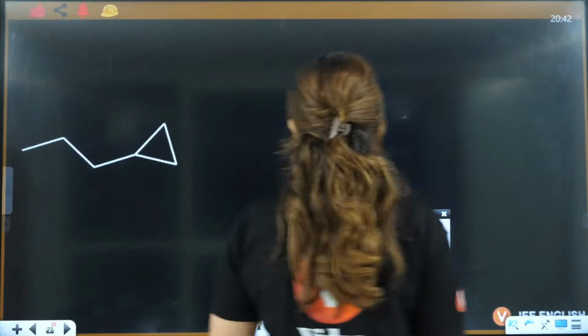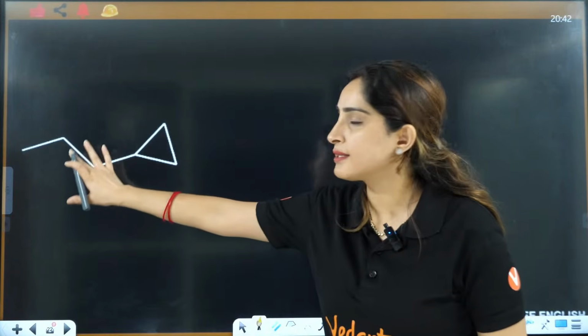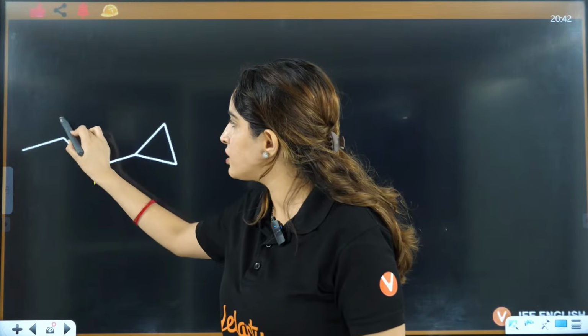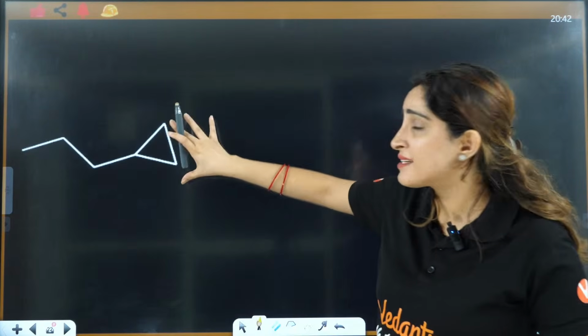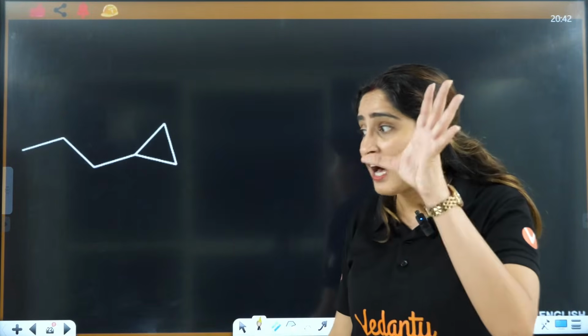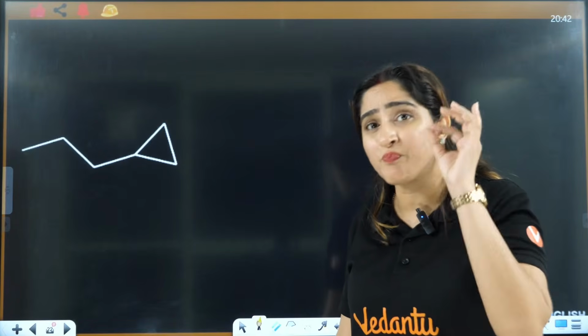Next is this one, guys. What do you name this? Same number of carbons in the open chain and the closed chain. Again, you will have 1, 2. This may seem like this has less carbon, this has more. Again, I am saying one thing again and again. I am repeating because students make this mistake.